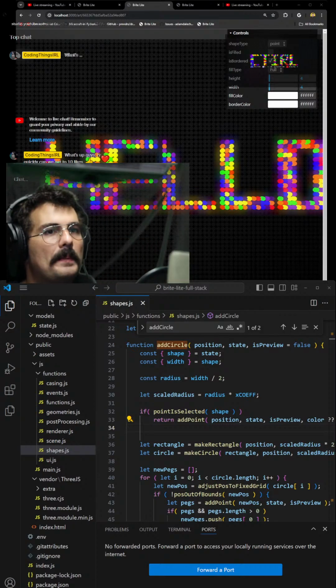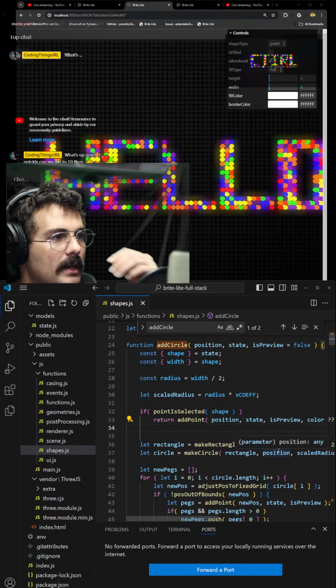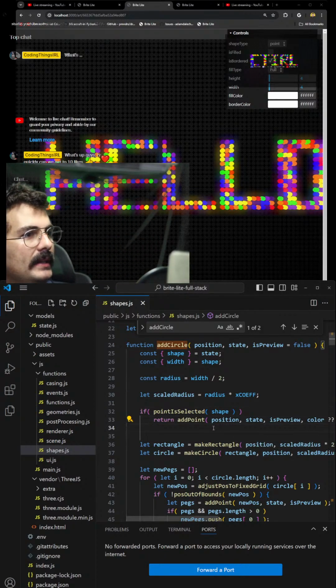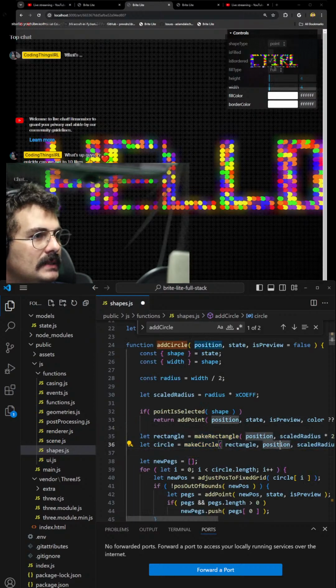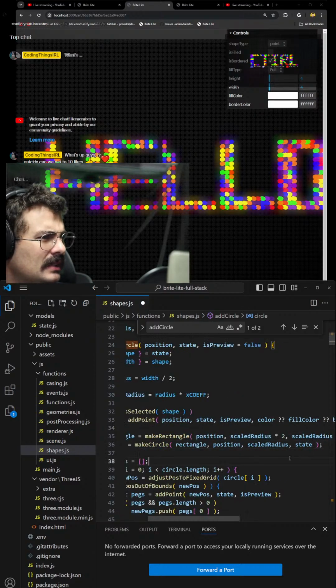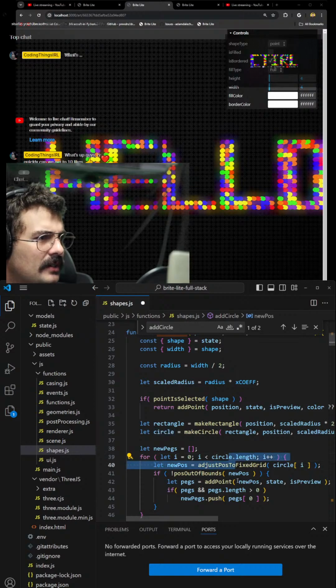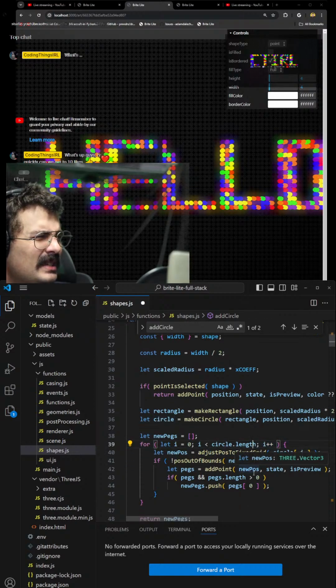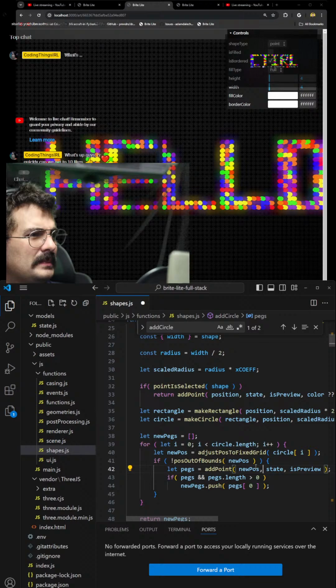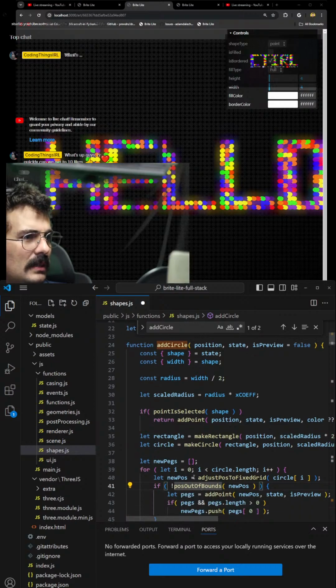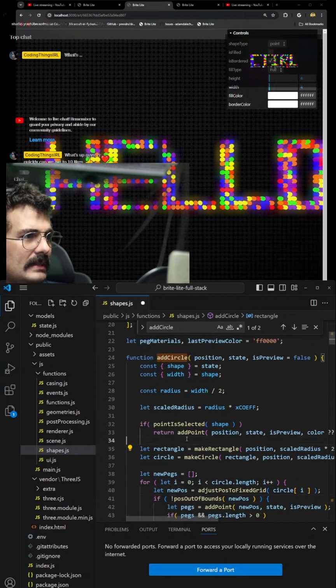All right. There we are adding the point, scaled radius, position, rectangle, state. That looks good so far. Circle length, new pos, position, state is preview. We need a color. And also, we need is filled,